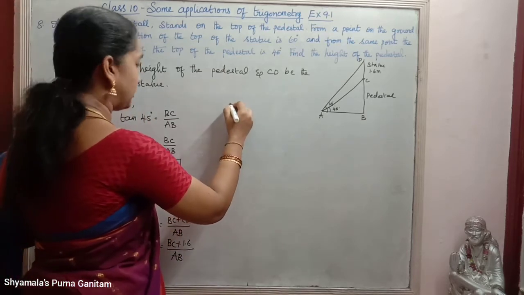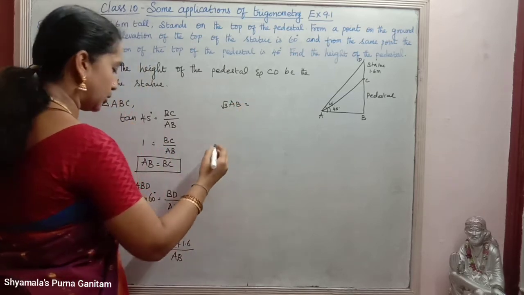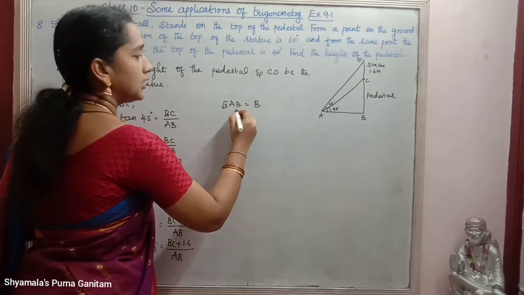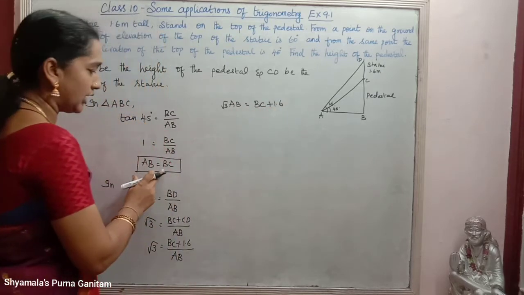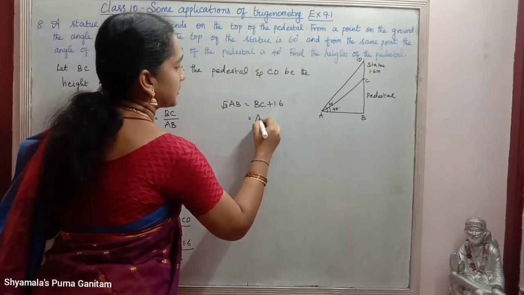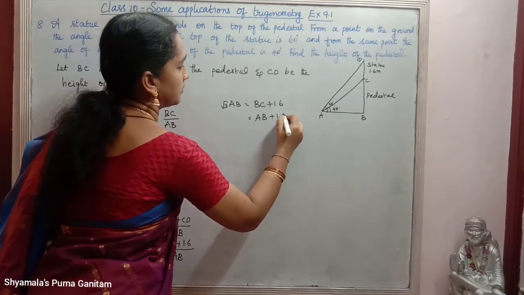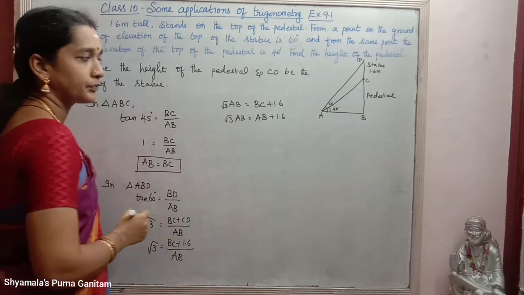So when we simplify this, √3 AB is equal to BC plus 1.6. We got BC value is equal to AB, so we will substitute AB plus 1.6 instead of BC. So √3 AB